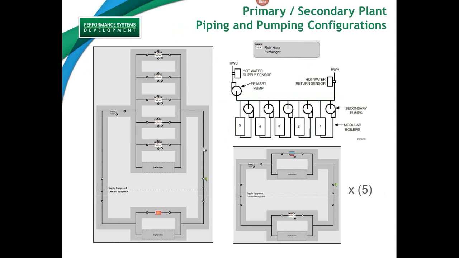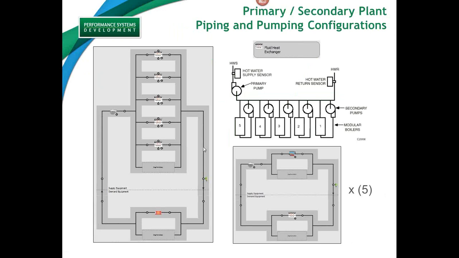So that's called a secondary pump. And again, that secondary pump is responsible for moving fluid, moving water through the boiler and injecting it into the primary loop. There's 5 of those modular boilers, 5 of those secondary pumps, and there's 1 primary pump in this situation. The primary pump in this situation is also known as a distribution pump, so it will be pushing the water